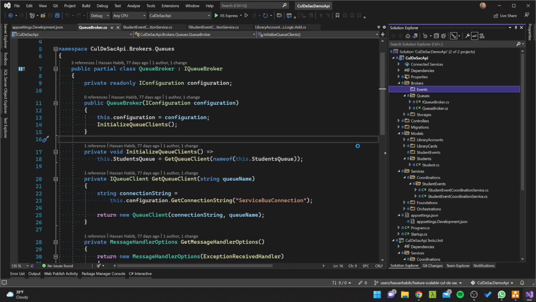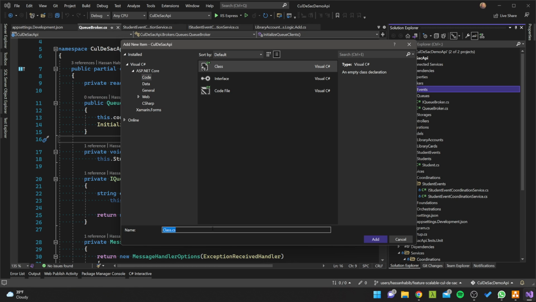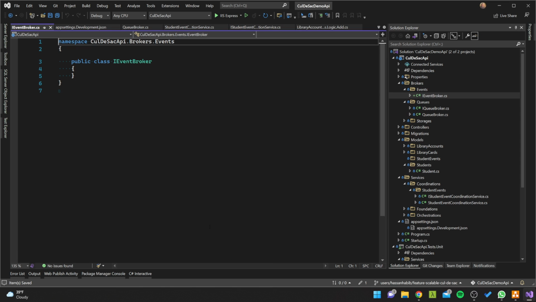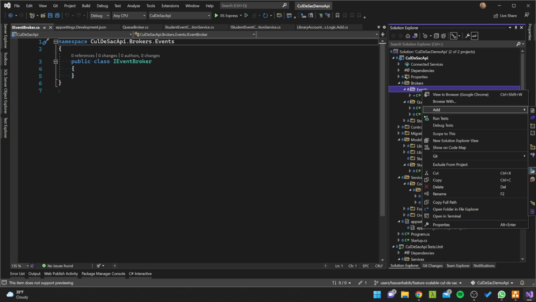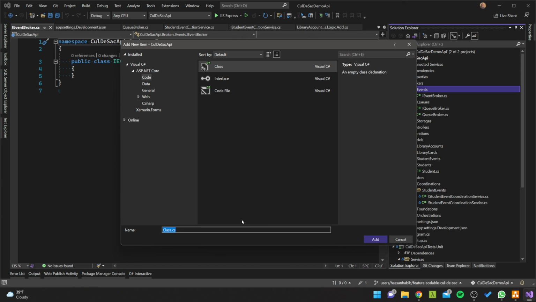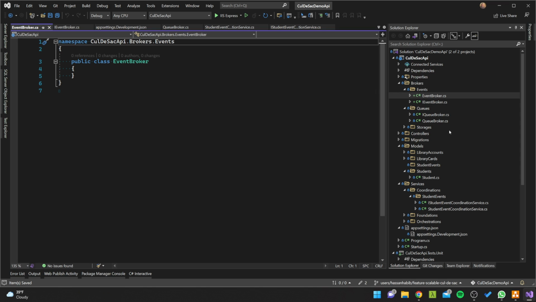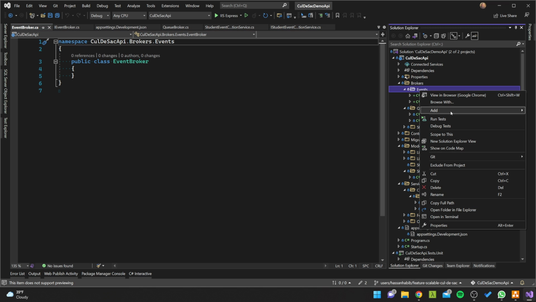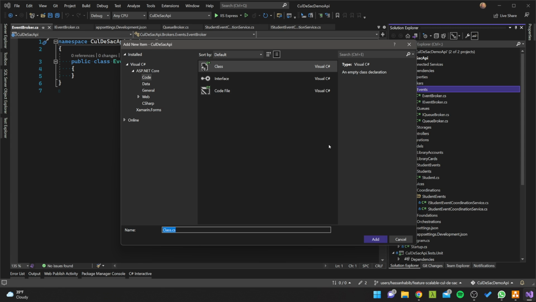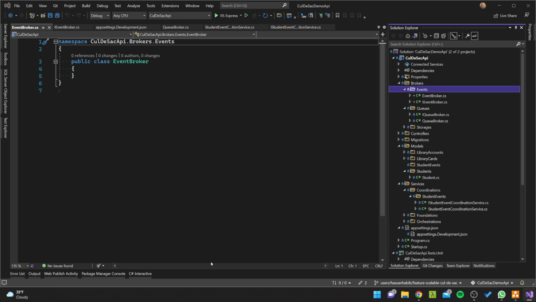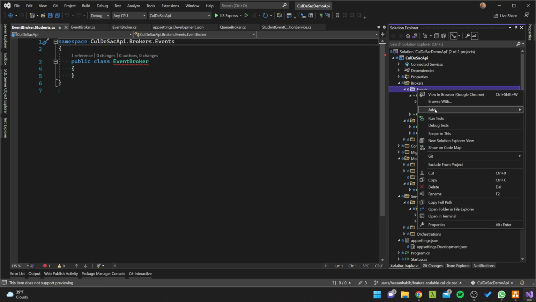And inside that broker, I'm going to say IEventBroker, and this here is your event broker, just like this. Then under that, we will have a file called EventBroker.Students.cs, just like how we implement everything.